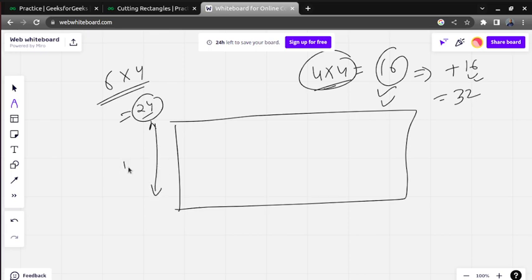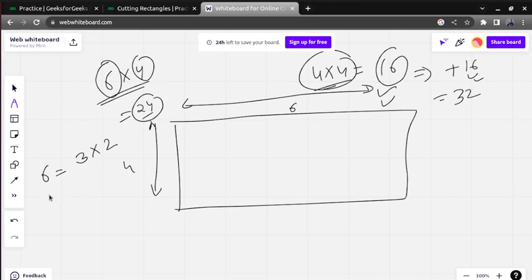So let's say this is 4 and this is 6. Now we need to divide this rectangle into squares. We want a number such that when we select it, the rectangle should be equally divisible. Suppose if I try to break 6, it will be 3 into 2, and if I try to break 4, it will be 2 into 2. So we can see there is a common number coming here. It means if you pick a square of dimension 2 into 2, it will be equally divided. Can we do this?